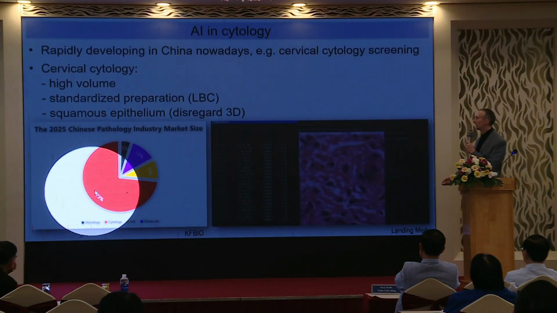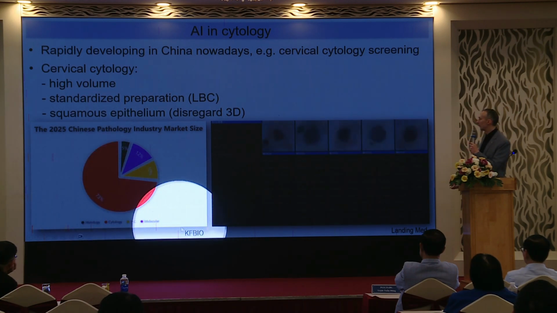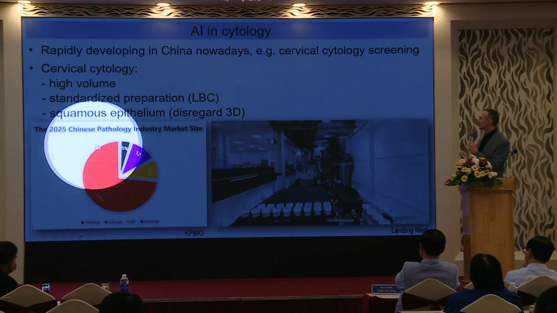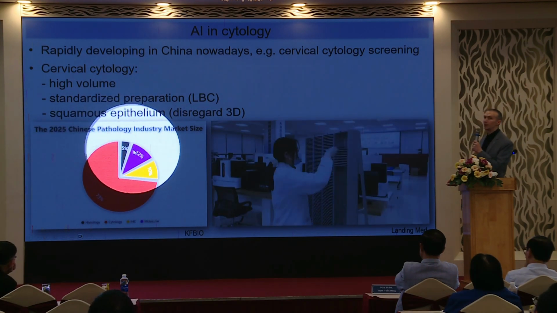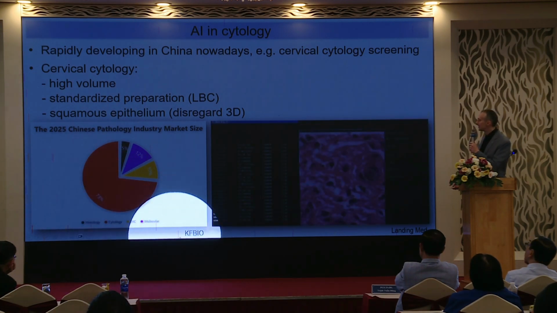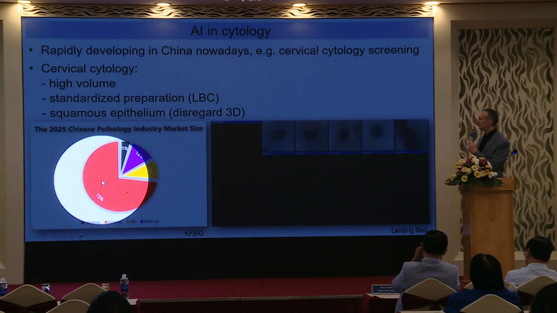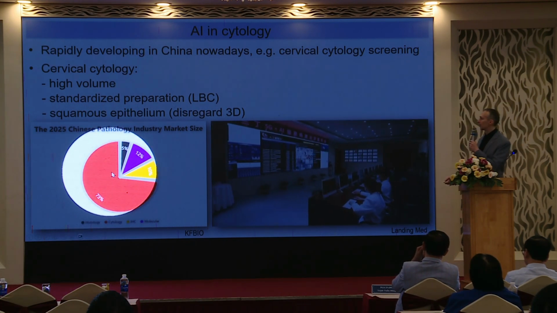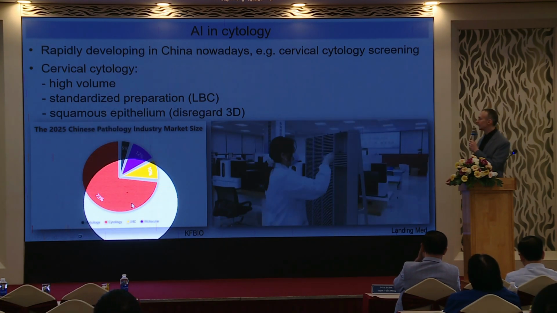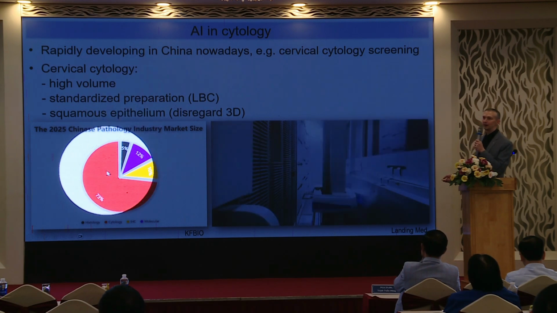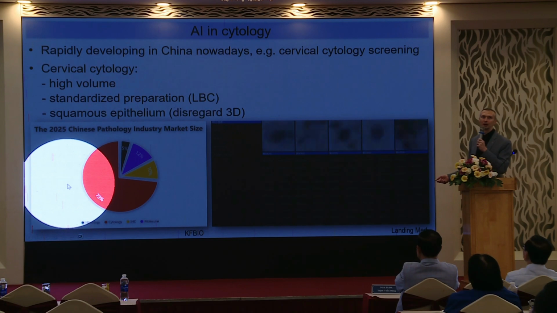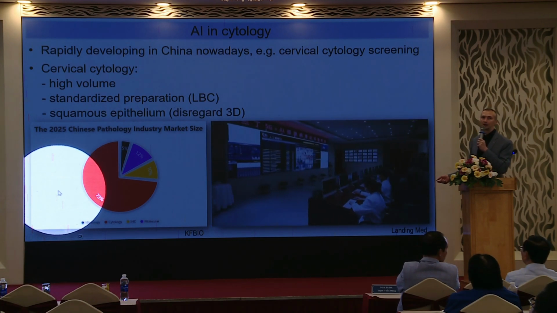And the most interesting takeaway was provided by a commercial company, a vendor of scanners in China. They shared information about how the Chinese pathology market is looking, and I was very much surprised. I cannot confirm it from my end, but at least I can report what the company said: almost 3/4 of the market is about cytology. And all the money is in cytology. Even histopathology, even molecular, they are taking very small pieces of the pie. Very surprising. That's why they have a lot of solutions for digitizing and also for AI tools in cervical cytology.